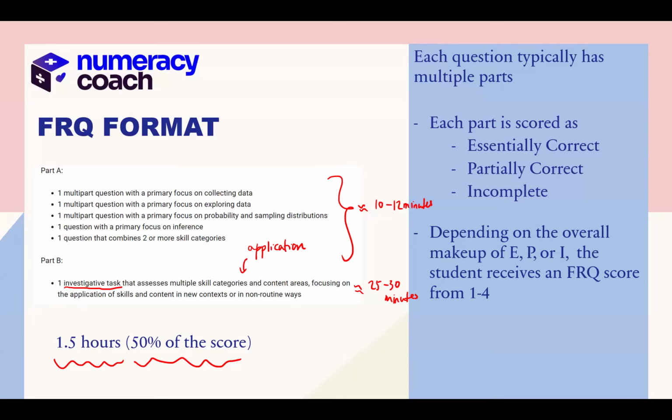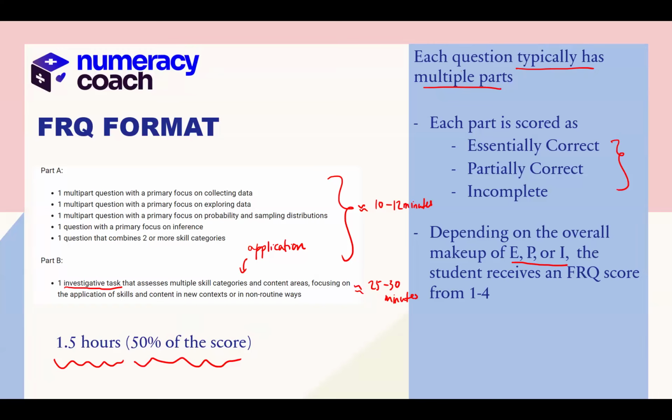Then each part is scored depending on the question and the number of parts. In part A, you get an E, P, or I. E means essentially correct, and essentially is just that: you may make a silly calculator or mathematical error, as long as you understand in general what's happening and you're applying it later. P is partial, and we can talk about what that means a little later: you're missing a key idea or it's incomplete. Your problem is scored based on those 3 letters, and we'll show you later how your score comes about.